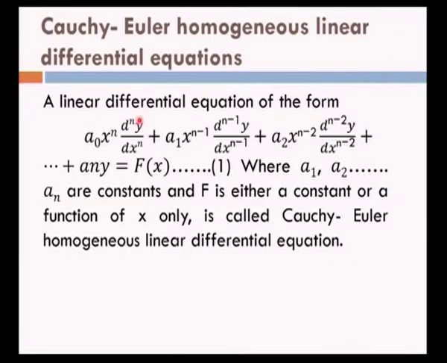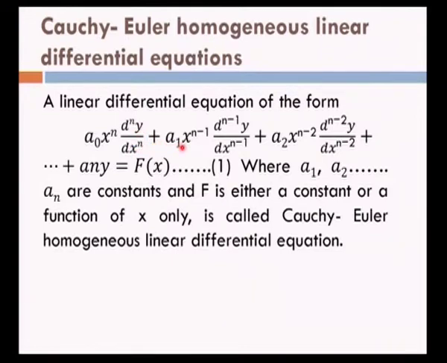Let us see the Cauchy-Euler homogeneous linear differential equation. We know linear differential equation, an equation which has differentiation of a function and the function or linear combination of the first degree of differentiation of the function and the function is a differential equation. Here an nth order linear differential equation is given, that is in the form of a naught x power n d^n y by dx^n, where this d^n y by dx^n denotes the nth derivative of y with respect to x